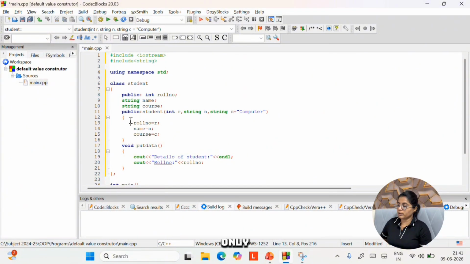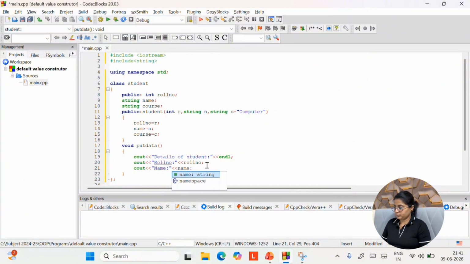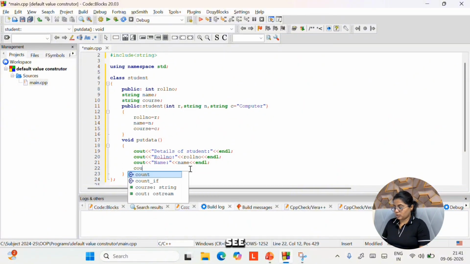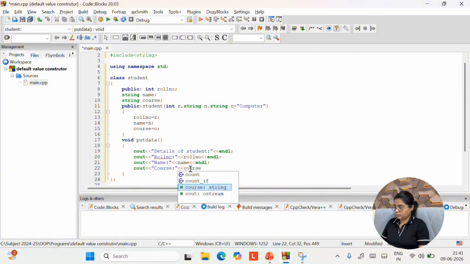We are going to use them only inside the constructor, not outside. Any variable you want to use outside the constructor has to be a class variable. Cout name variable, and similarly for course.